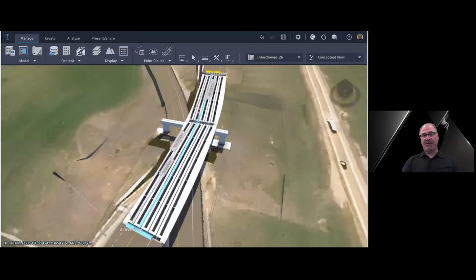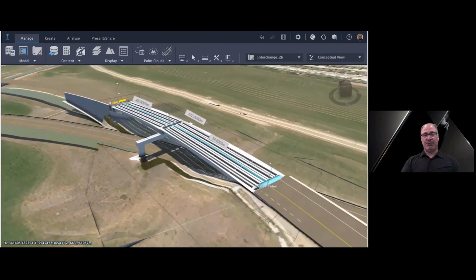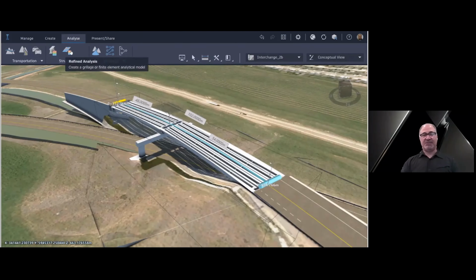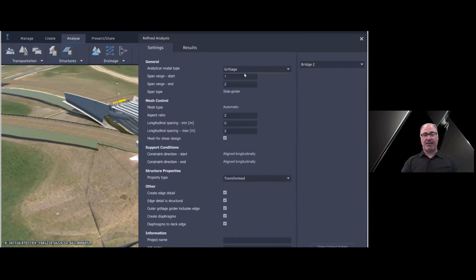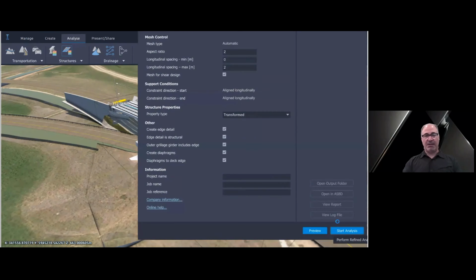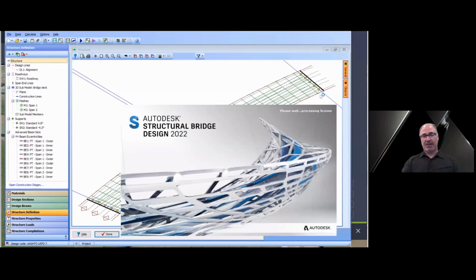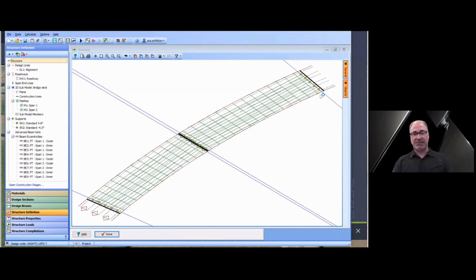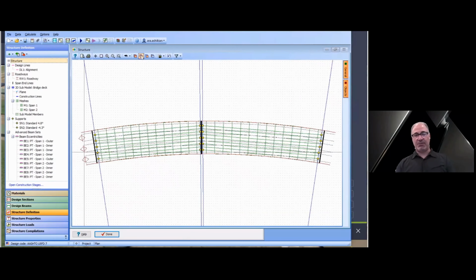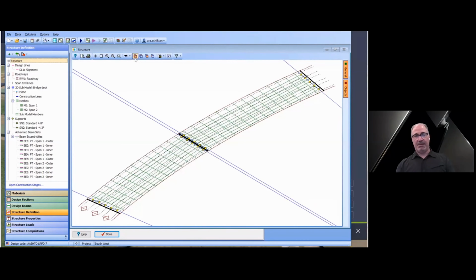And at this point, we might decide to say, well, let's do a grillage analysis on this bridge. So instead of going to structural bridge design or equivalent and manually creating all your meshes and grillage models, take advantage of the fact that all this information is already there. You dictate as the engineer exactly how you want the grillage to be modeled, and it will extract all this information from the InfraWorks physical BIM model and allow you to create these fully calibrated, ready to use analysis models.